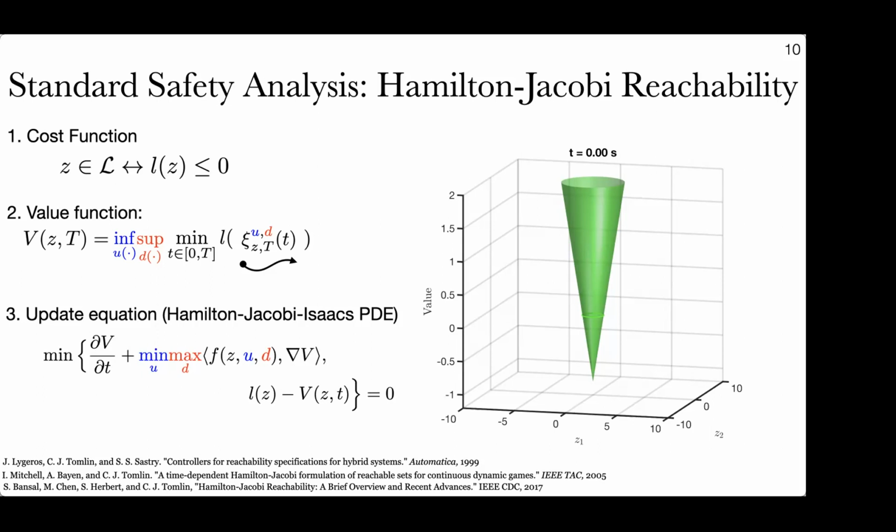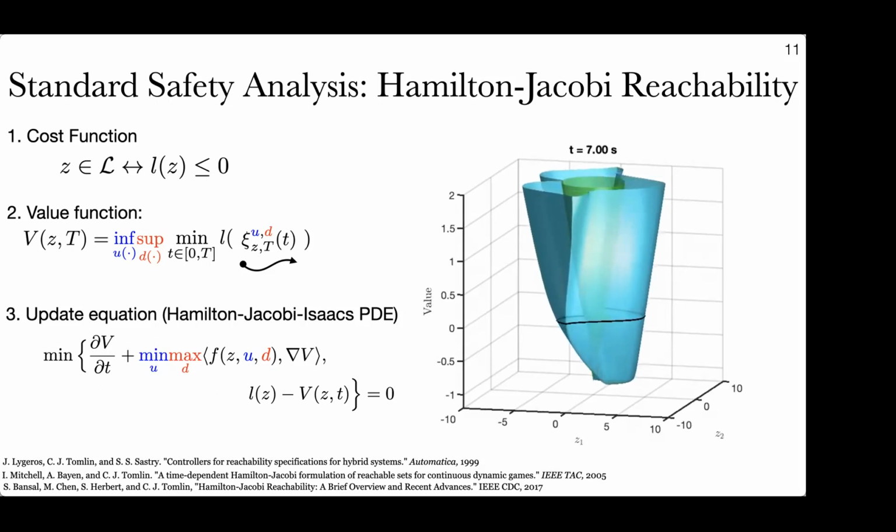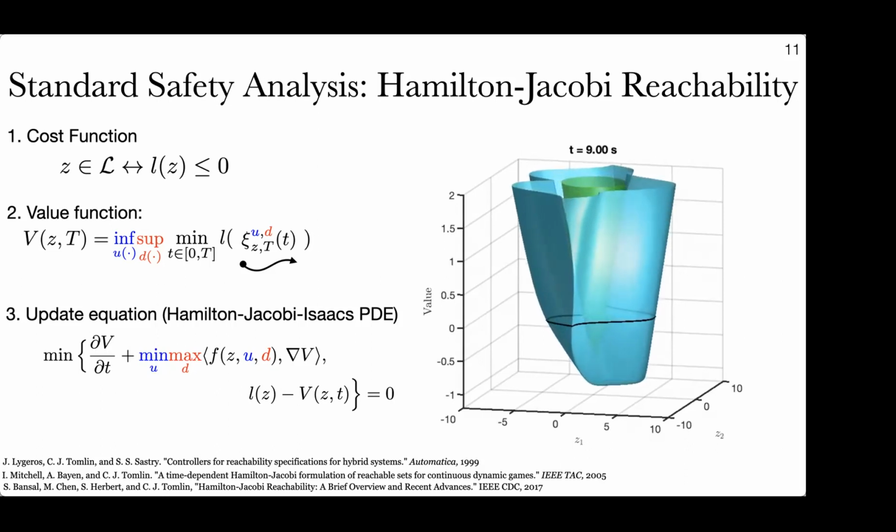Now, let's go ahead and do that. So here I'm propagating this for, I think I did it for 10 seconds or so. And you can see the value function evolving as I look further and further back in time. So now I'm asking for a horizon of 10 seconds. What will be my value function? And this in blue is what it is. Where the output of this, given a particular state, will tell me whether or not I will be able to achieve negative cost over time.